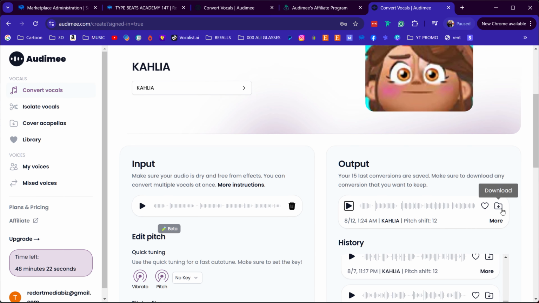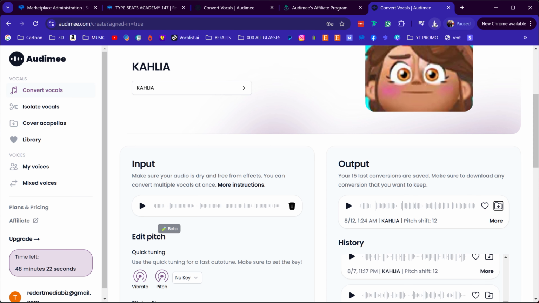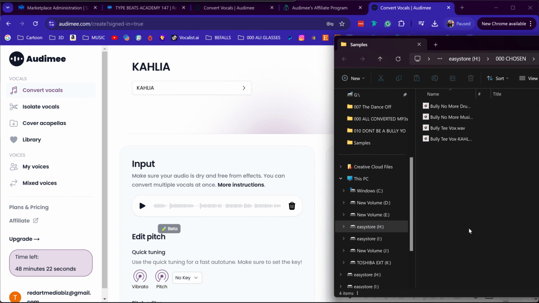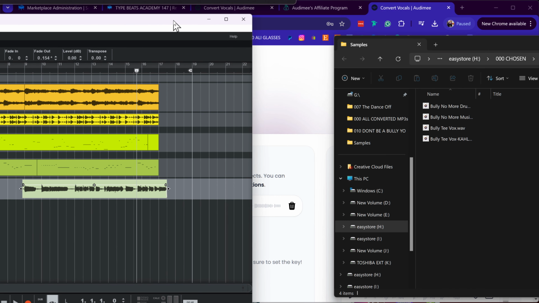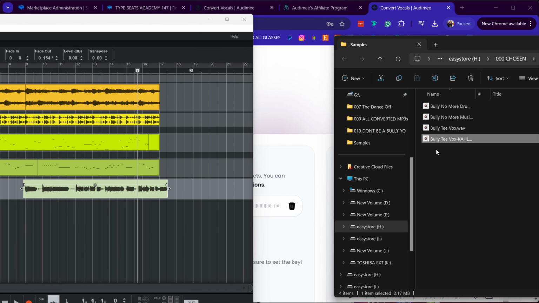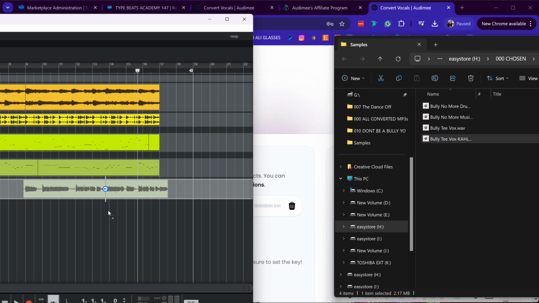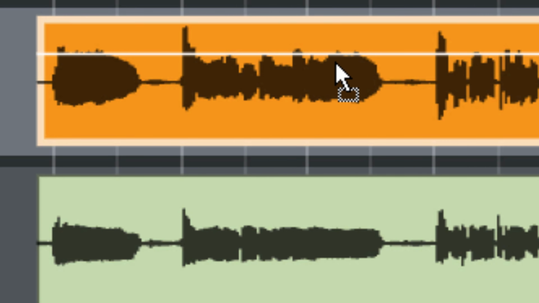So let's go ahead and download this. And we have downloaded and samples instead of going through a whole lot. Because, y'all know how Reason is now. Reason make you got to import everything through. So I'm going to pull Reason over here, and then I'm going to drag and drop the download. Bam. Matter of fact, here, let me do this, y'all. I'm going to pull it, and I'm going to drag it under or over so we can have a whole nother track. And then we're going to match it up exactly.